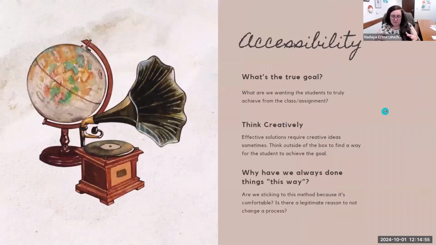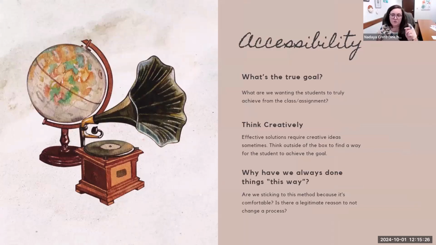Some things to think about when looking at your coursework or your pedagogy with accessibility. I want to say one caveat. I am not an educator. I am a disability services professional. I have not been formally taught on pedagogy. I don't know how to do what you do. Feel free to interpret this in a way that makes the most sense to you. Because again, I'm not a teacher. I don't do what you do, and that's okay because you guys are amazing at it.